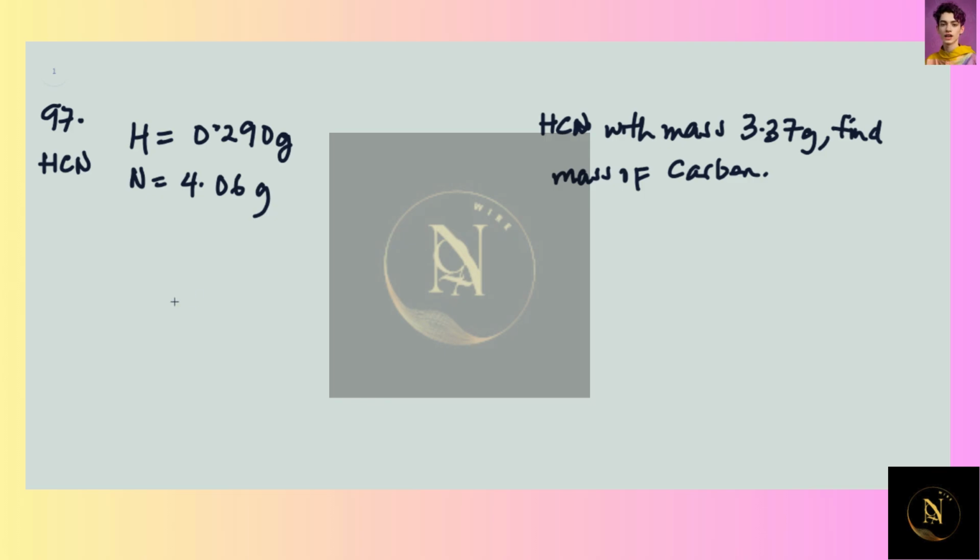So the first approach in tackling this question is, since we've been given the masses of two elements of this compound, hydrogen cyanide, we know we're missing one element here, which is carbon. So all we have to do is determine the mass of this carbon. Right, so the sum of the masses of these three elements should give us the total mass of hydrogen cyanide. The question is given as